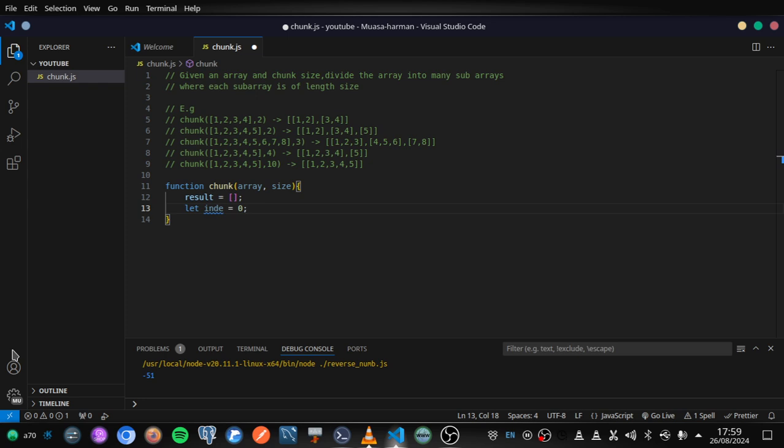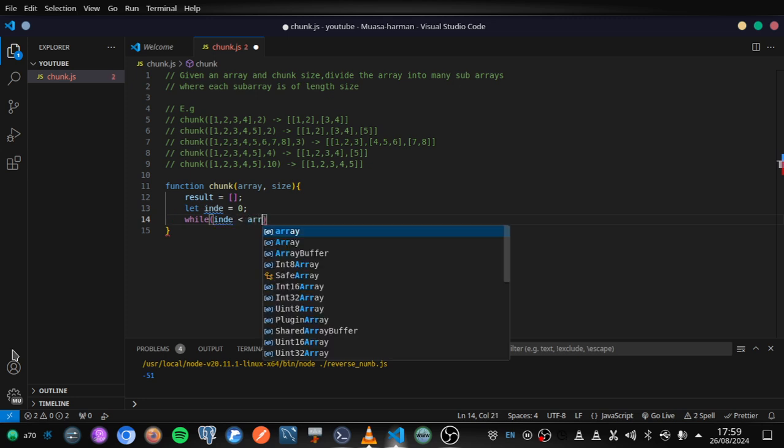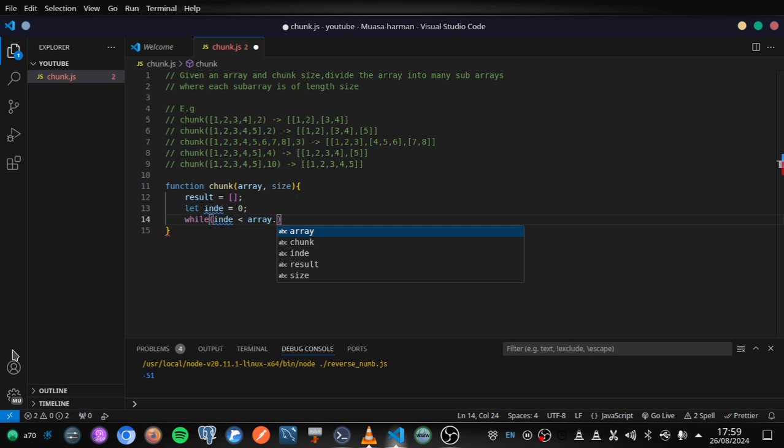For us to loop through an array, we're going to use a while loop. While the index is less than the array length,